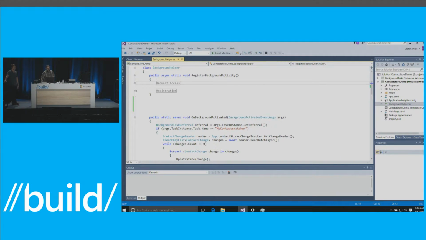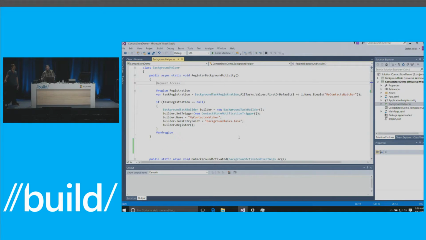So now let's switch over to the registration part. To register my contact store notification trigger, I write pretty much the same code as I did in the past. Actually, this code is taken from the past. And so one thing you notice here,